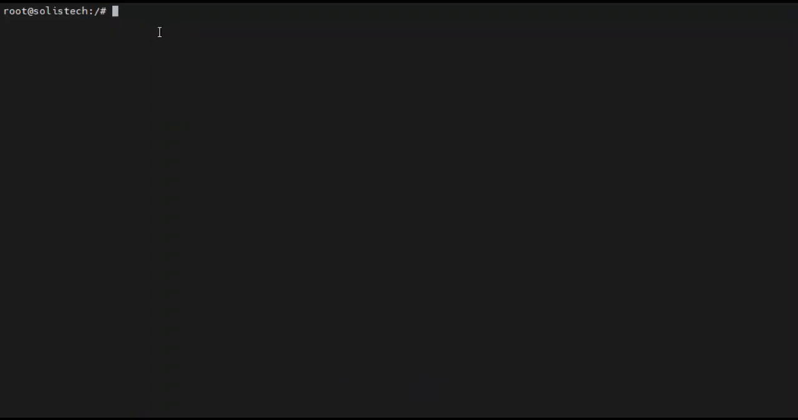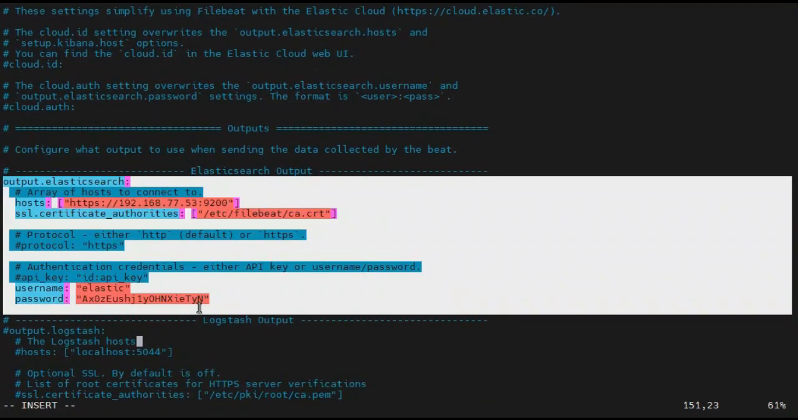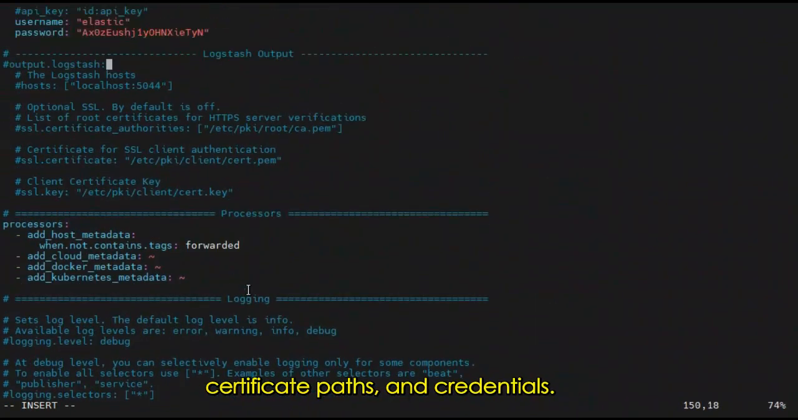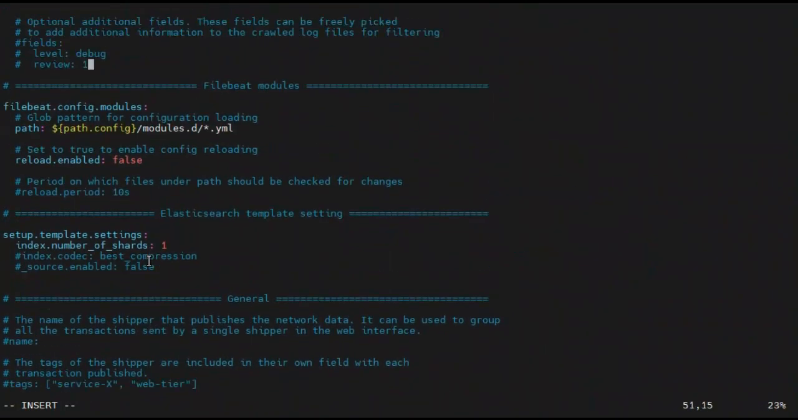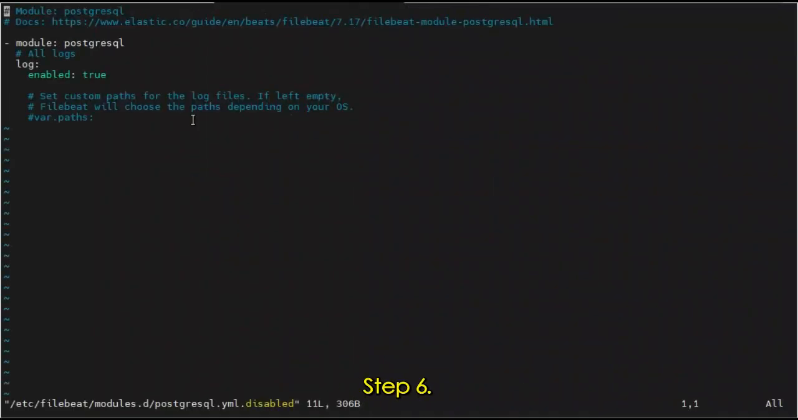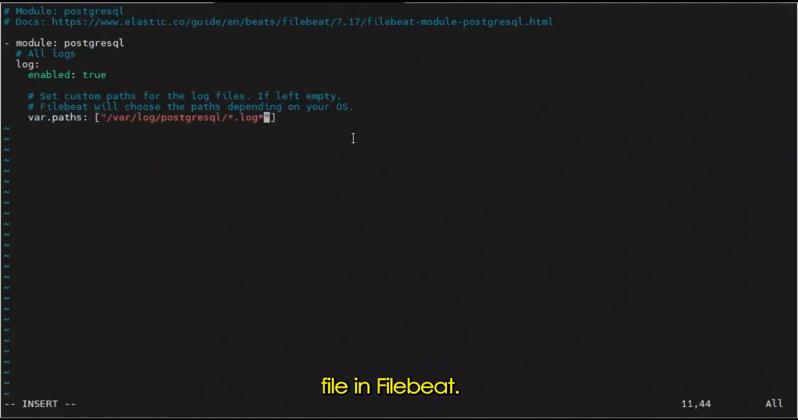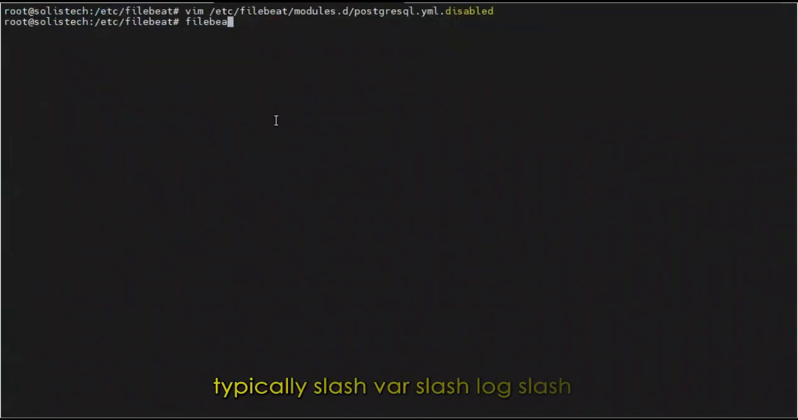Step 5. Configure FileBeat by opening its configuration file vim /etc/filebeat/filebeat.yml. Set up the Elasticsearch and Kibana connections by specifying the hosts, certificate paths, and credentials. Step 6. Next, edit the PostgreSQL module configuration file in FileBeat. Update the log paths to point to the PostgreSQL log directory, typically